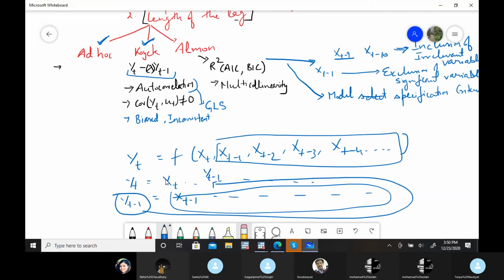But it's not 100% of yt minus 1; all the lagged values have some impact on this variable, and that impact we call lambda, some portion of yt minus 1. This is the Koyck answer to the lag problem. I hope now it is clear, Sadiq sir. And this is the answer by Koyck to the lag problem.